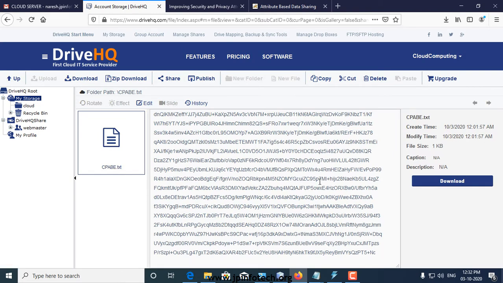See, it is automatically converted from plain text to ciphertext. The algorithm we are using in this project is ciphertext policy attribute based encryption.